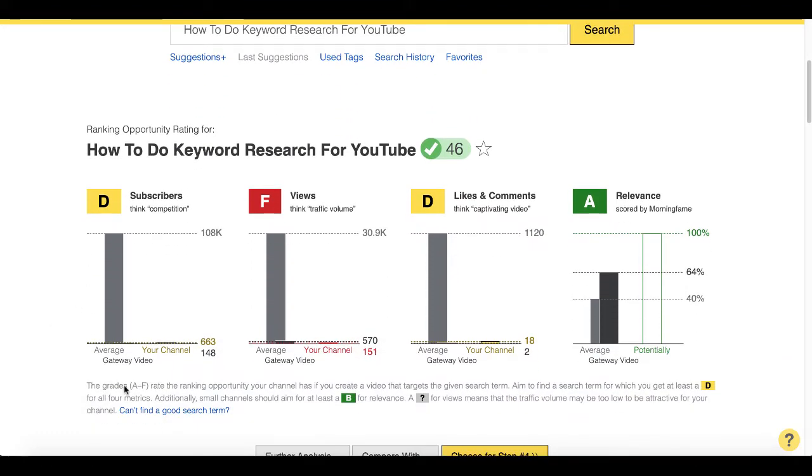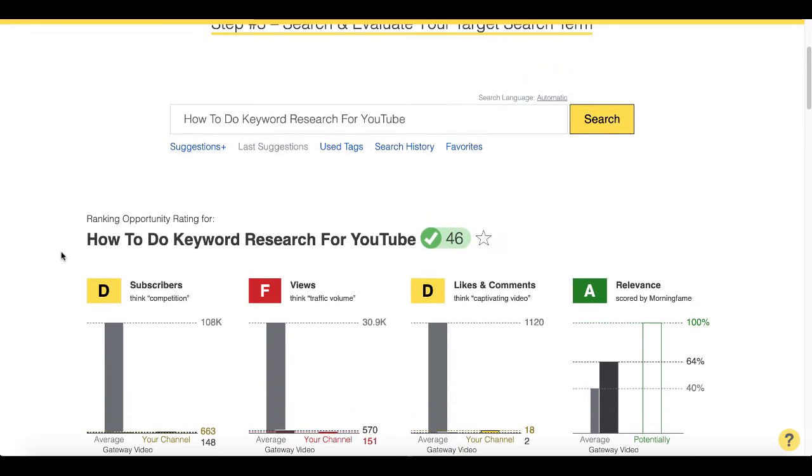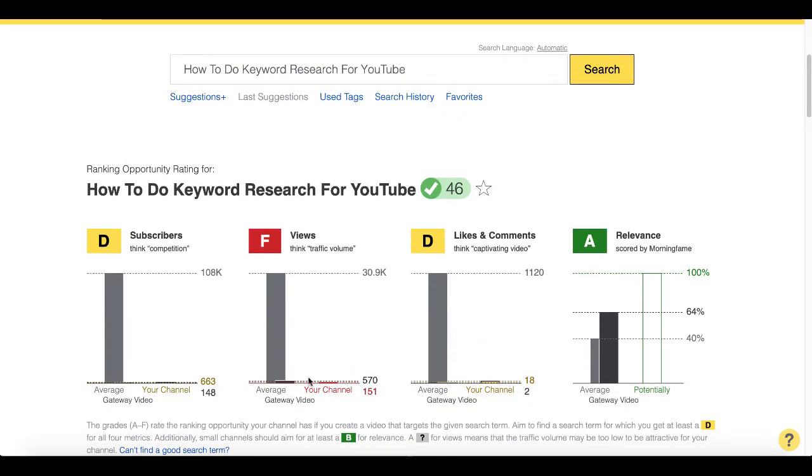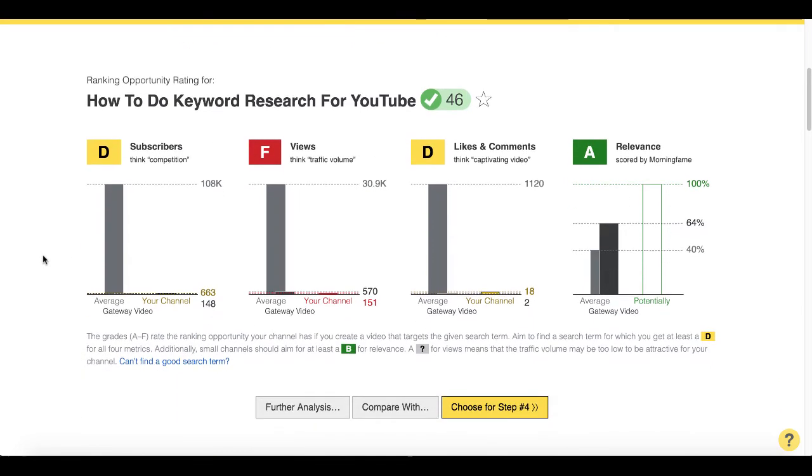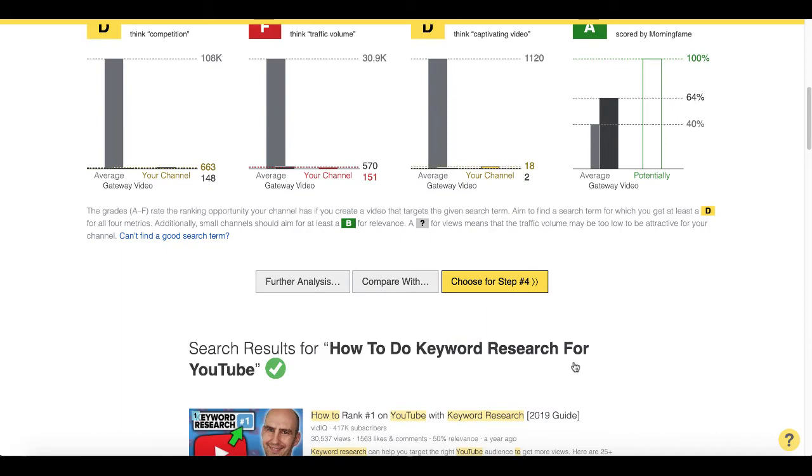And down here you can see grades A through F rate the ranking opportunity your channel has to create a video that targets the given search term. So what they're telling you here is they want you to go for obviously the better grade, A's, B's, C's. But as you can see here, I have an A, 2 D's, and an F. But what I'm going to do is I'm going to go ahead and choose that for step